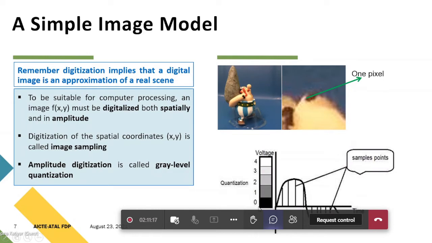If you are doing the sampling along the voltage, that is the quantization. It means in image processing, you have to do the sampling along the x-axis and the y-axis, both sampling and quantization. After doing sampling and quantization, this original real scene will be represented in a digital form.